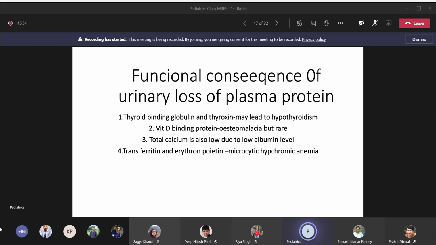Now functional consequences of the urinary loss of plasma protein. The thyroid binding protein, vitamin D binding proteins, total calcium, these all are reduced. That's why